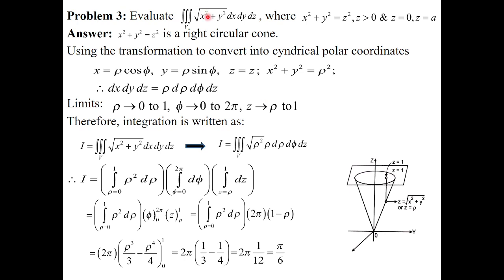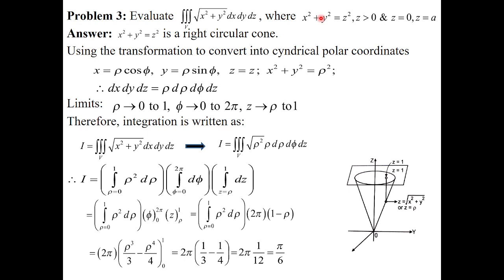So the integration with respect to z you can evaluate first within this limit under root of x square plus y square to z equals to 1. And then it will be converted in terms of x and y. If I am considering x and y, so z equals to 1. Let me rectify, this is wrong. Z equals to 1. Put z equals to 1 in this equation to get the equation in terms of xy.